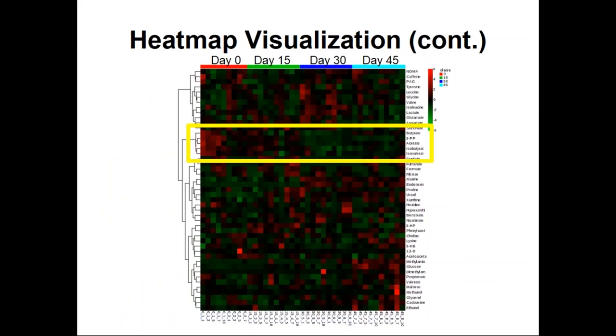So this is a red-green heat map. Sorry if anyone's red-green colorblind, but what you're looking at is time, day 0, 15, 30, and 45 at the top. And I've just highlighted in yellow a set of compounds, butyrate, 3-phenylpropionic acid, acetate, isobutyrate, and so on, where in essence they start high, which is in red on day 0, and then they trend downward by day 45 or day 30 roughly to being green or lower values. Other clusters or groups are different, but this is just a simple way of seeing temporal trends.